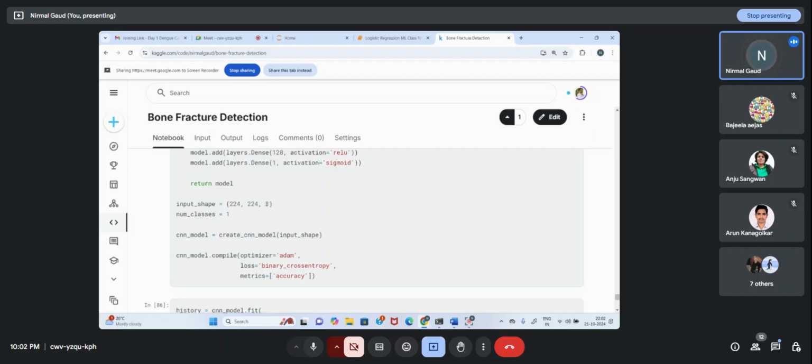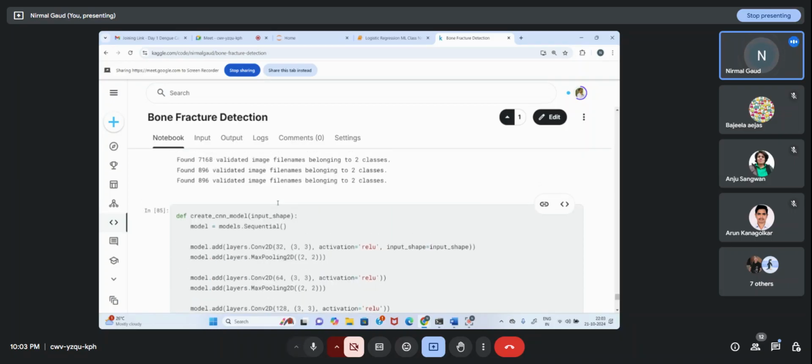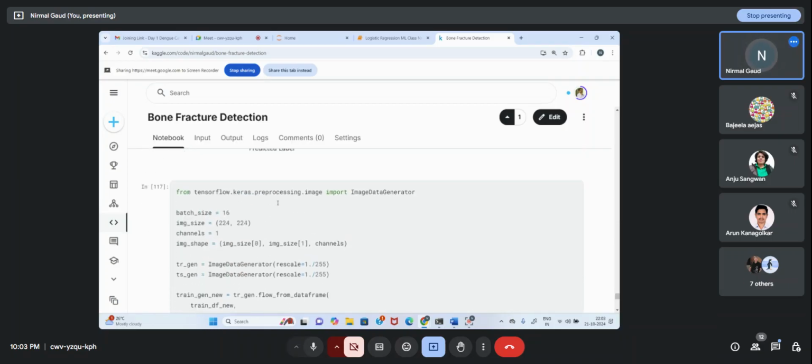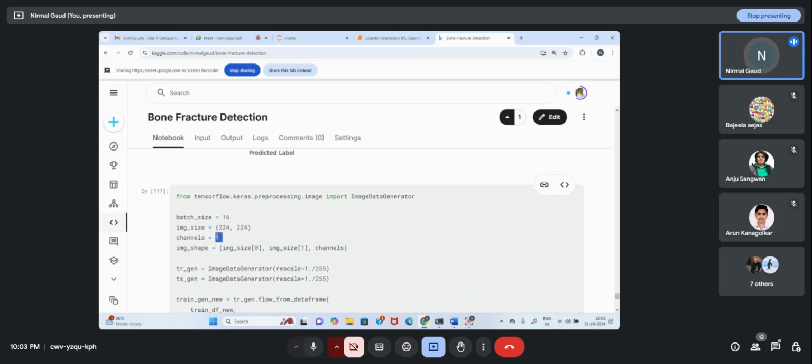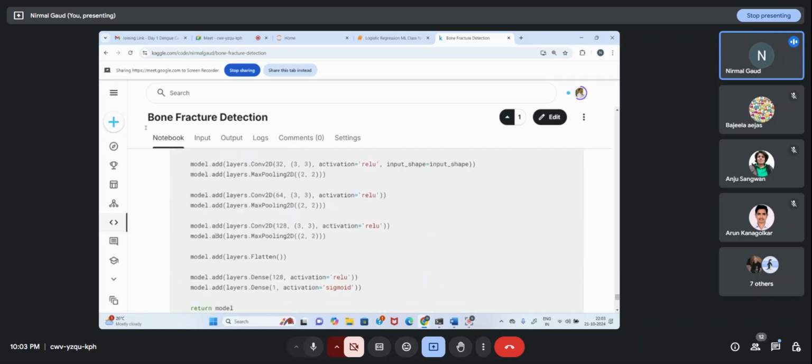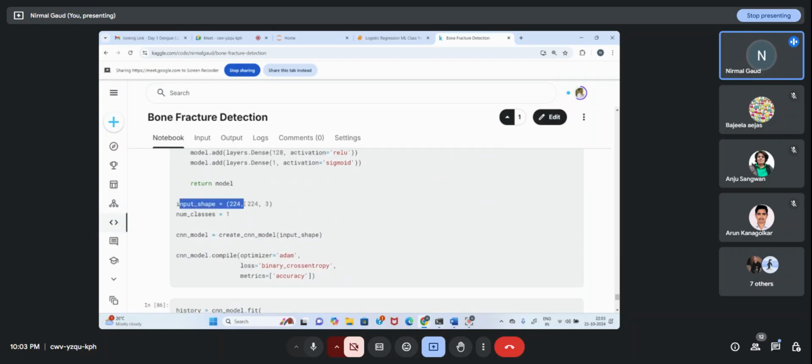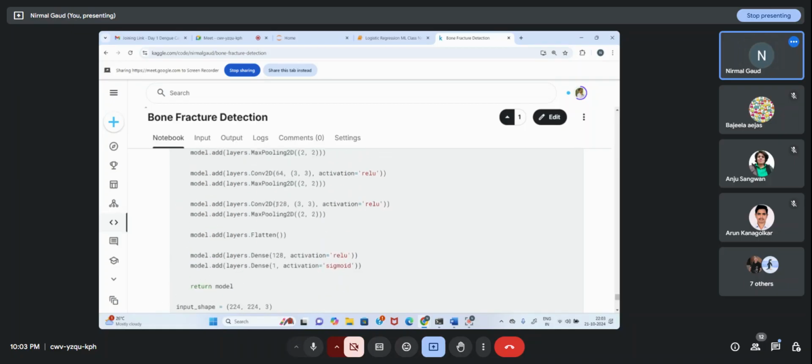ठीक है, इनपुट शेप 3 होनी चाहिए, क्योंकि कलर चैनल 3 है ना। तो एक मुझे करेक्शन करना है, यहाँ पे ये चैनल 1 लिखा है, नाउ चैनल 3 हो जाएगा। खैर वो प्रॉब्लम इसलिए नहीं आई क्योंकि मैंने इनपुट शेप यहाँ 3 दी थी, वरना प्रॉब्लम आ जाती। सो RGB में चैनल 3 हो जाता है, ग्रे स्केल में चैनल 1 होता है। कलर मोड है 1, यहाँ 3।